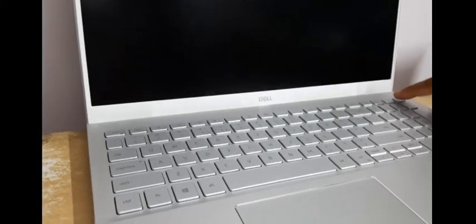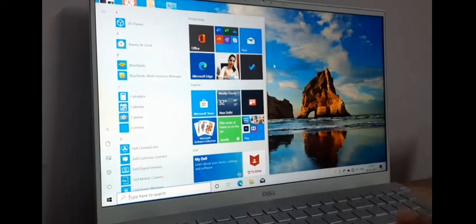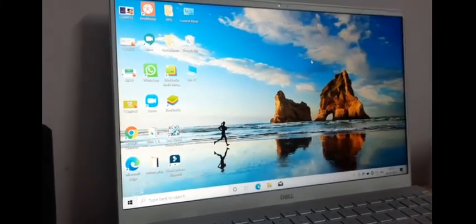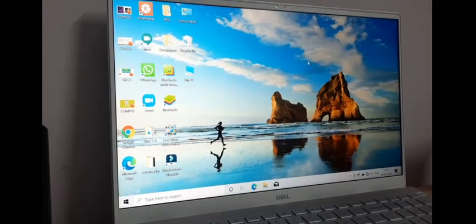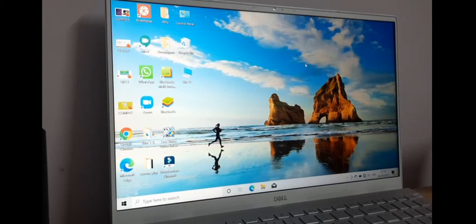Now children, one more thing in sleep mode, if you want to return from sleep mode, so you have to press one button. You can press any of the key or you can press the power button of your system unit. Now I am pressing my power button of my laptop. You can see here. See, now my computer is again switched on. Alright, so this is how you can put your computer on sleep mode and you can get back to your desktop screen.